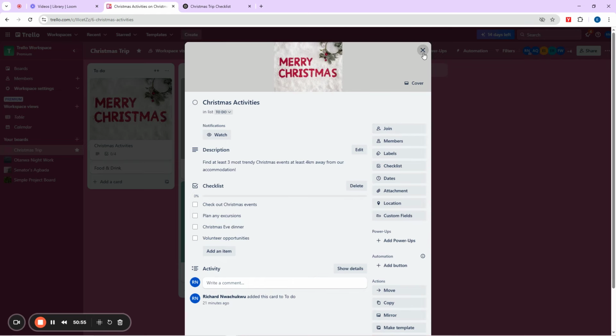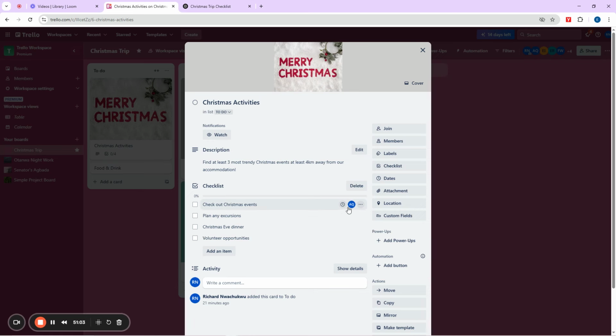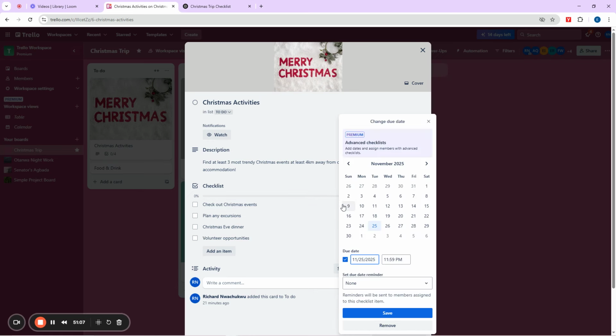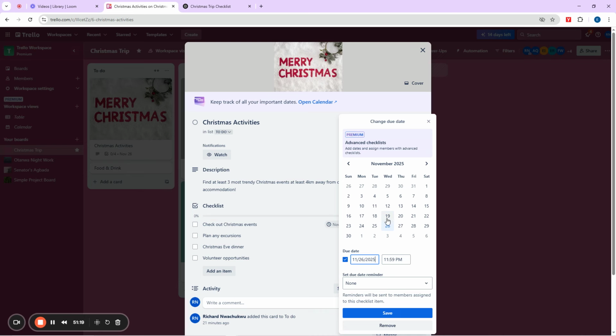It is good now. But who will plan all these things? You can actually add them by clicking on this human icon here. Add them up here. You can even assign a date or a timeline by clicking on this clock here. Look at the clock now. Put the date as November 26th. The person must find that thing on that date. You see now? Then the excursion, they must find it by the 24th.